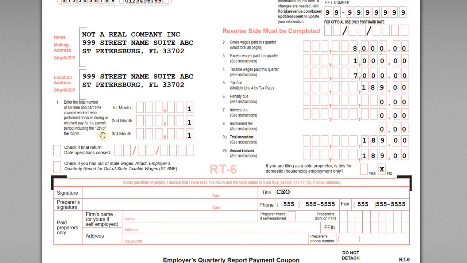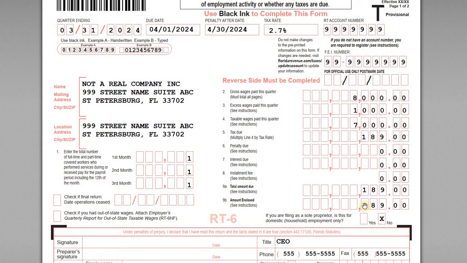And then in box 1 down here, we have to report the total number of both full-time and part-time workers who perform services during those months. So month 1, 2, and 3 of this quarter, we just had one employee, right? John's the only one. Now, the financial statement information here on the right-hand side, this is all flowing through from